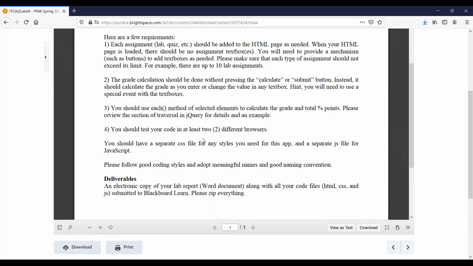And then follow good coding styles. You guys know how to code and adopt meaningful names and good naming conventions. I always look at your code. I always run it, and even if it works just fine, I always take a glance at it. Obviously, this one, I'll be looking at it more,